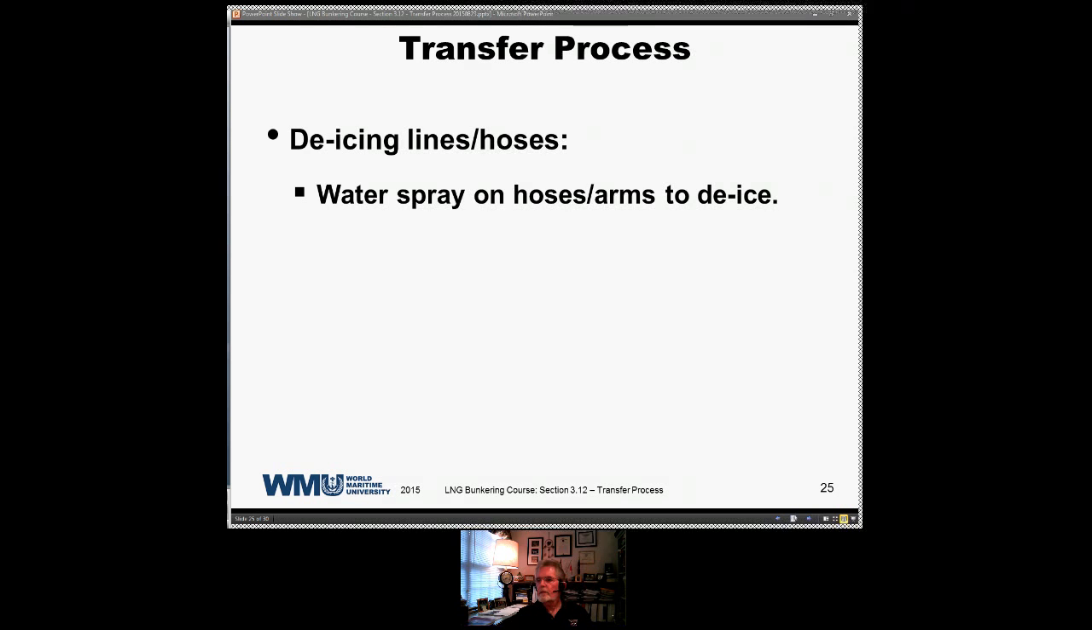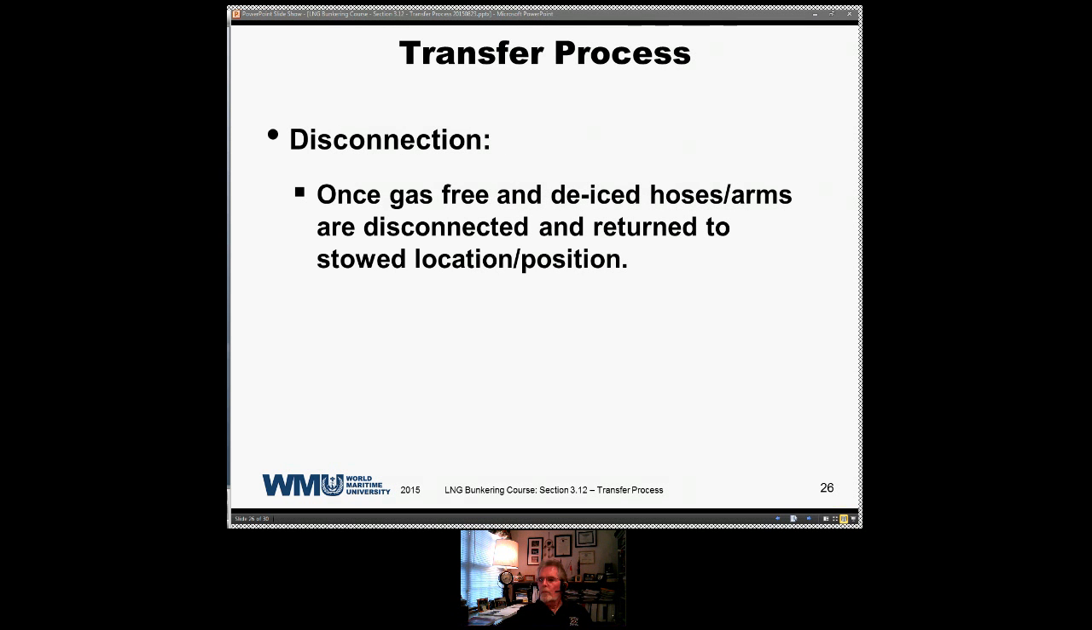It should be iced. So once your gas-free and de-ice hoses or arms are disconnected and returned to their stowed location or stowed position, the arms are then retracted into their stowed position as I've indicated, and the blinds or blanks are placed on the manifolds of the vessel, and we then proceed to the post-discharge meeting,